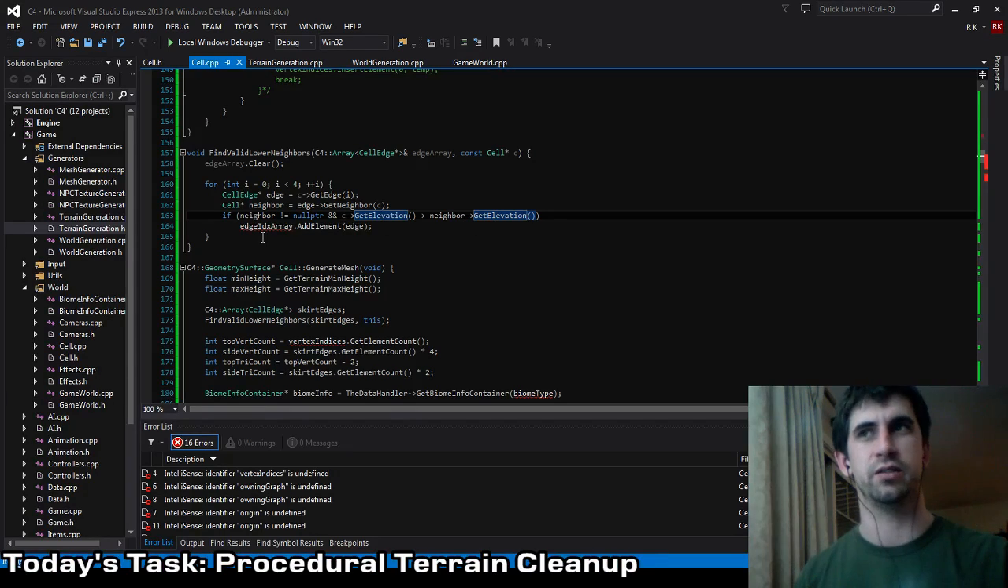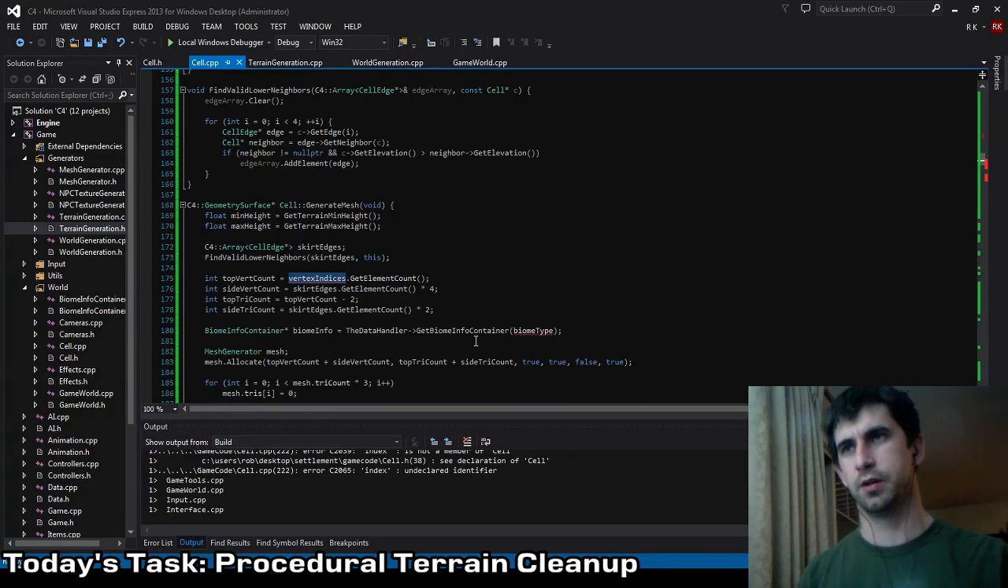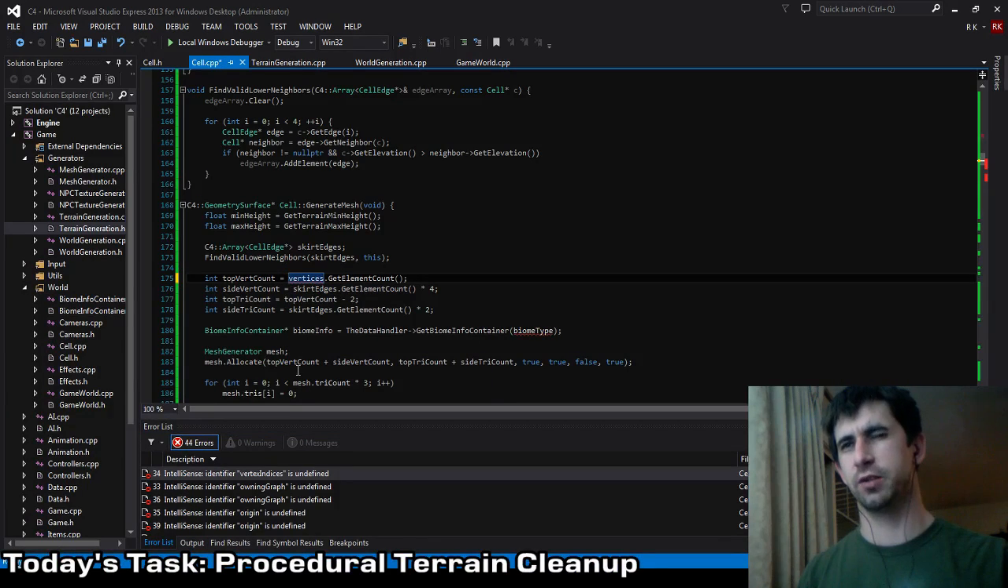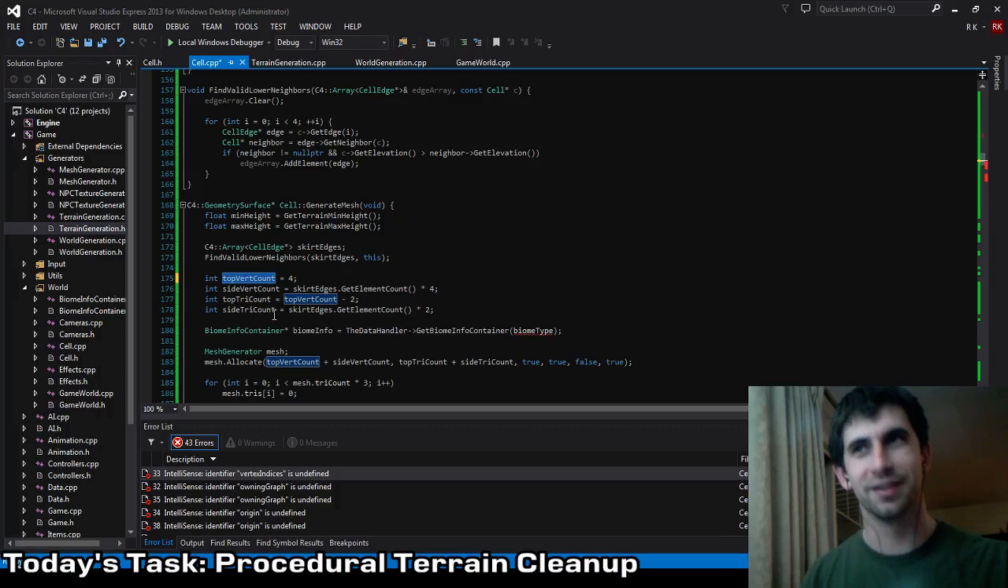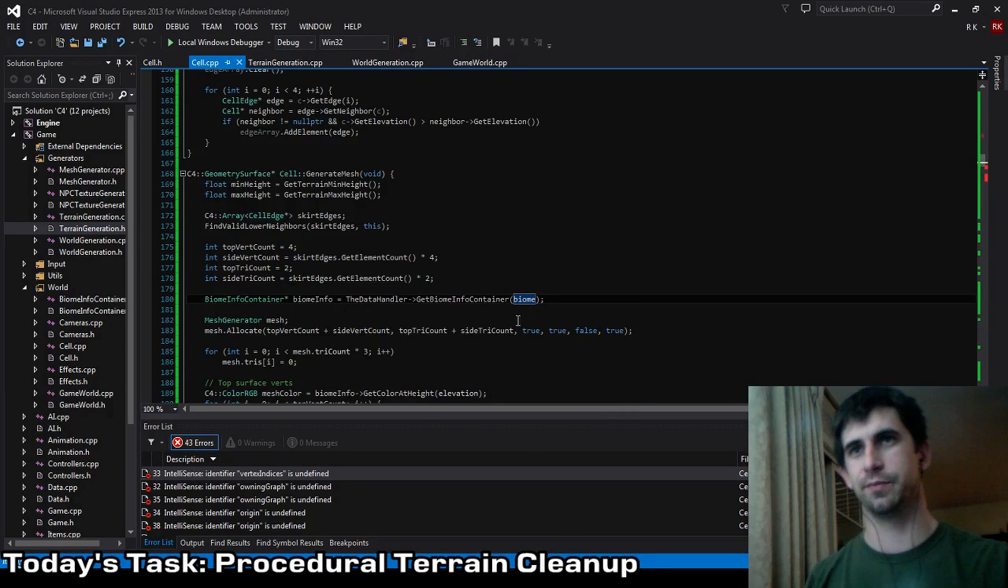You're already using cells, so why do you care? Nope. Vertices. So the top vert count is always going to be 4. Because it just is, right? Like, they're squares. There's no reason to do anything crazy. Now the skirt edges, that can change. I'm not too crazy about that, but